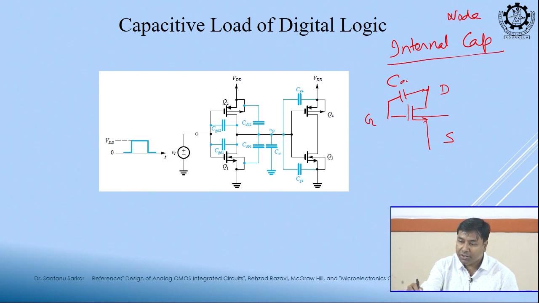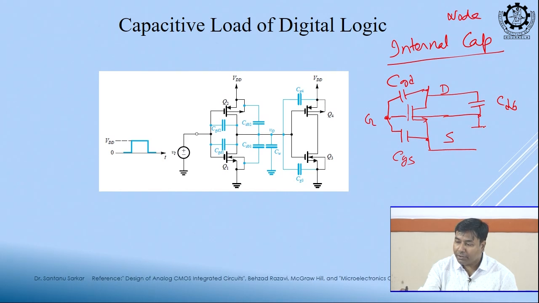So, this is CGD. Similarly, CGS, between drain and bulk you will be having CDB. Similarly, between source and bulk, this is your body. Body is actually, for NMOS it is grounded. Okay. So many capacitances exist,